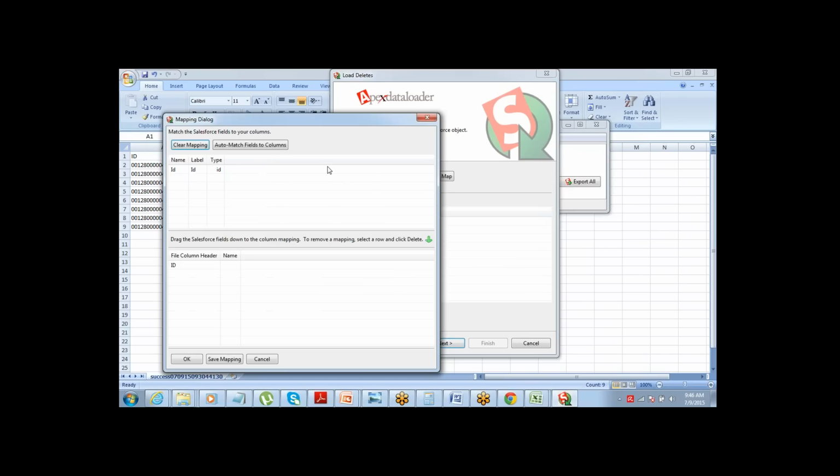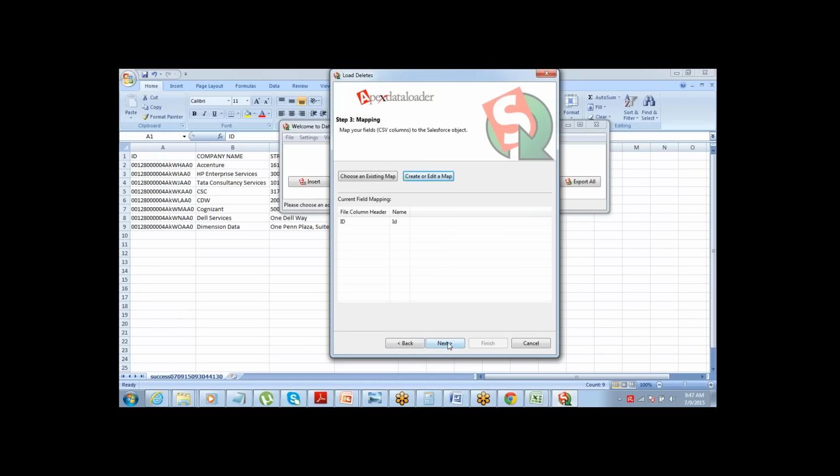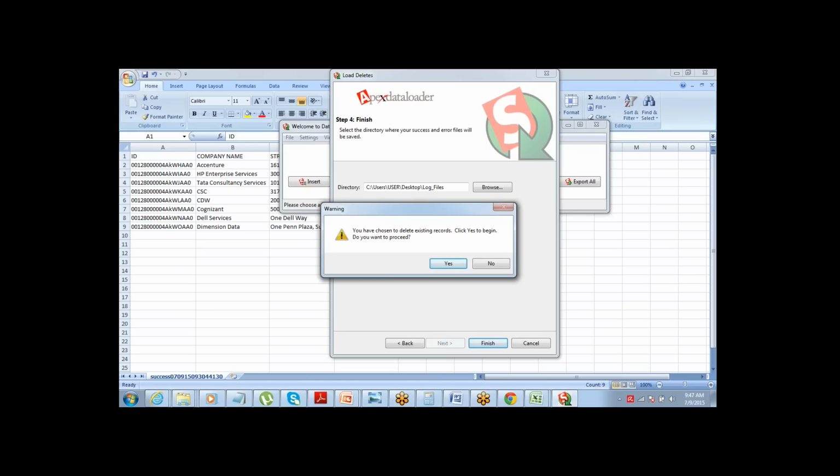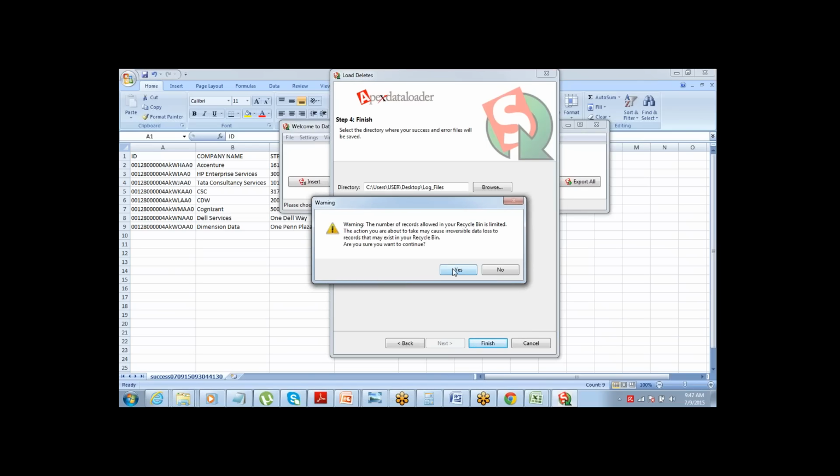Here there's not much to do because there is just one field to map, ID. For Salesforce also there is just one field. So just map it. Go ahead, click on next and say finish. All the records which were created will get deleted. Do you want to proceed? Yes.